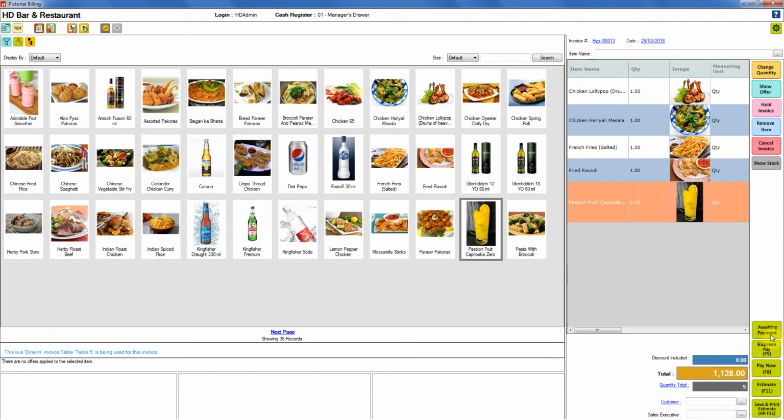The difference between hold invoice and awaiting payment is that if you put an invoice on hold, it will allow you to add more items to it. But if you directly go to awaiting payment, then you have to directly take money from the customer when they leave. For now, I will show you both one by one. We will put the invoice on hold first,